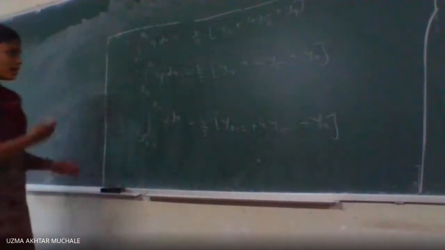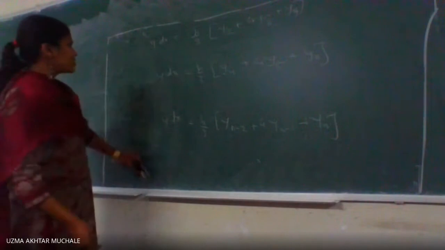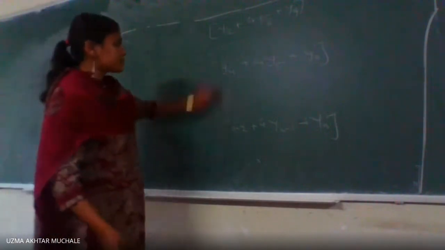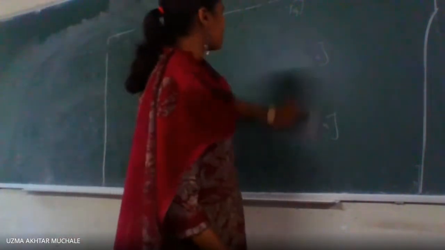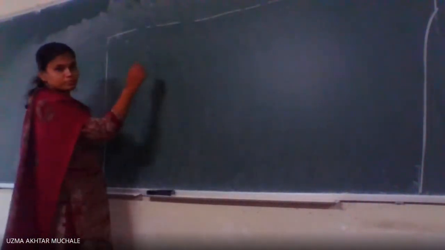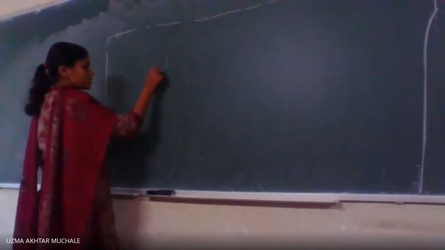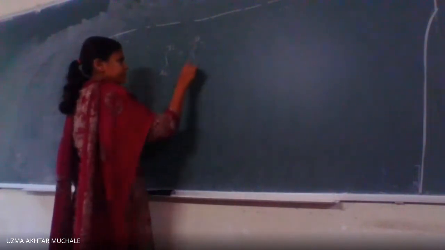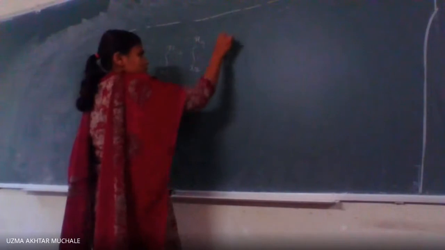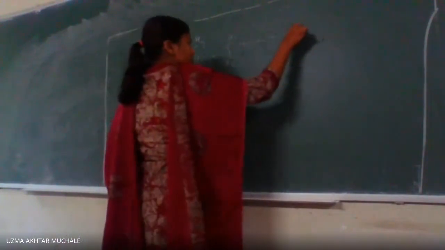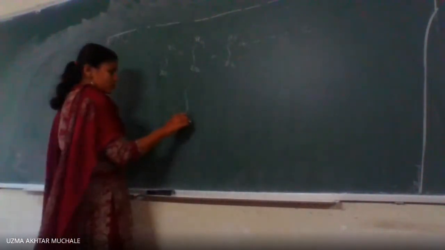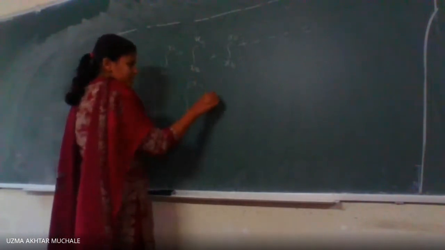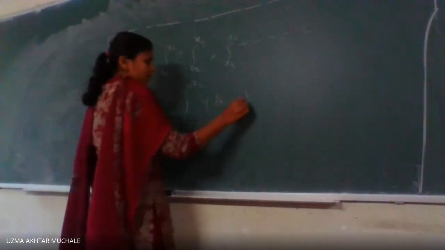Okay. Now if I add all those integrations, I will get the general formula for Simpson's 1/3 rule. Or you can call it Simpson's rule. So we can get integration x0 to x2 plus x2 to x4 plus integration x4 to x6 plus up to so on will be equal to integration x0 to xn y dx, which is equal to h by 3.